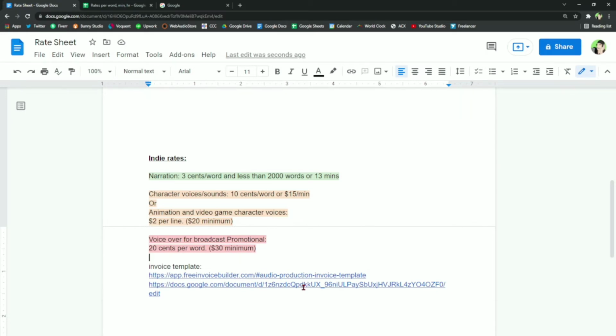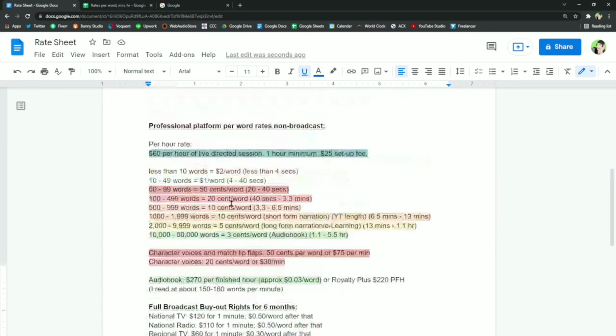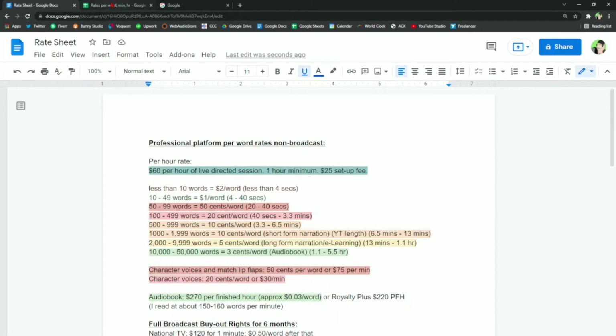One of them is directed from, I actually got this second link here from the VAC Indie Rate Guide, and I'll show you that here in just a moment. But first, let's get into a calculation document. You're more than welcome to make a copy of this document and use it for your own purposes.